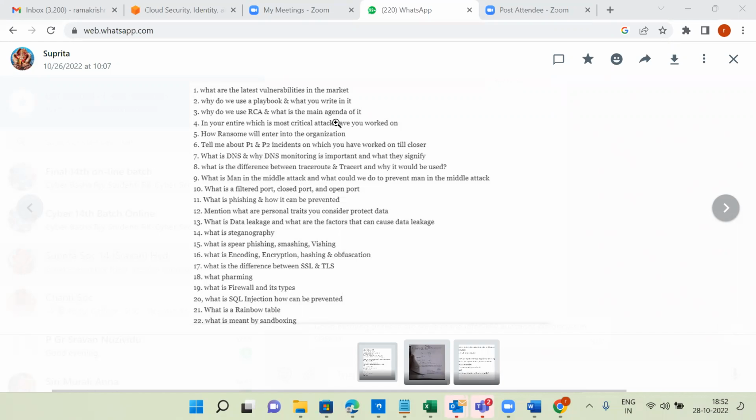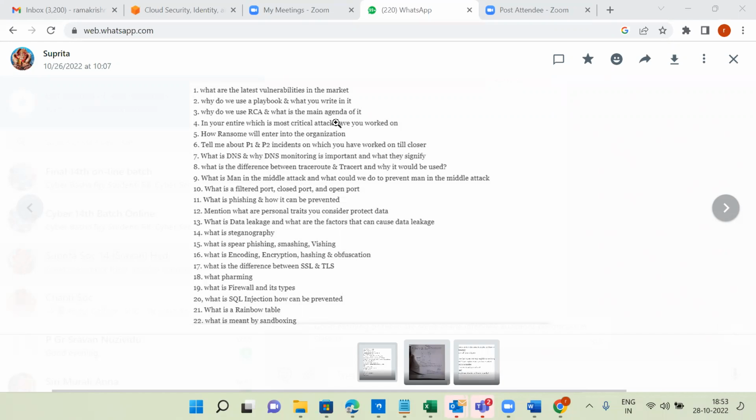So if you create an RCA document, in future the mean time to detection, mean time to identification, and mean time to recovery will reduce. Obviously, by reducing the times, resources can utilize that time to do more incident investigations. So root cause analysis is used as a reference or knowledge base document. In future, these types of attacks will come. How can we take proactive steps to mitigate that particular issue?